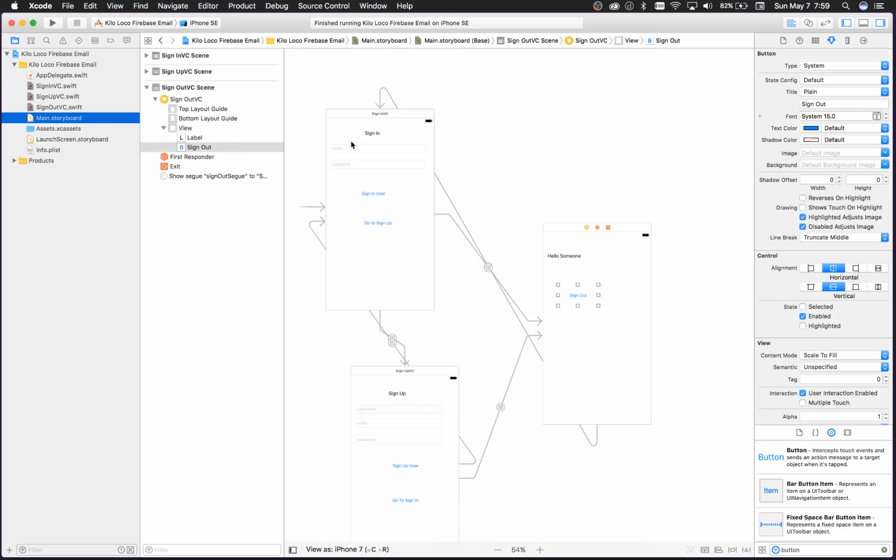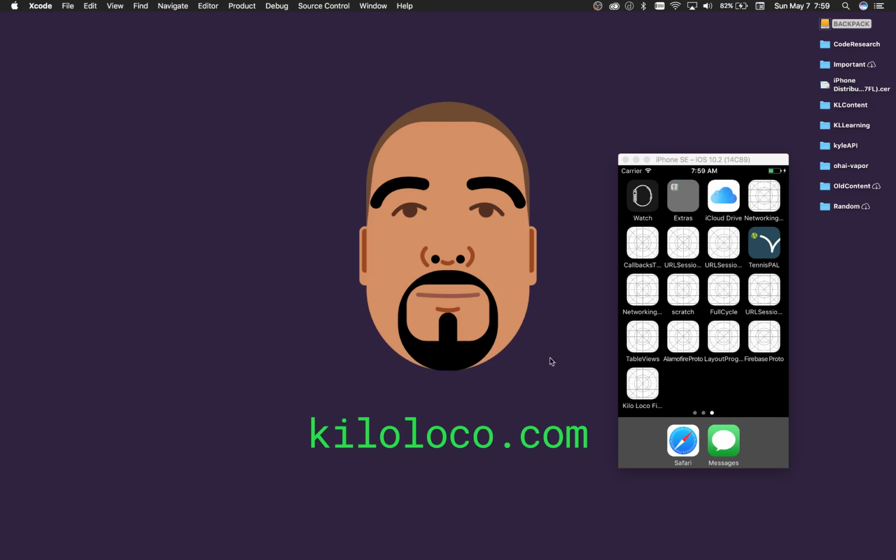get everything set up for Firebase. So I'm gonna actually close this out because we're gonna have to do CocoaPods, and we're not gonna be working in the Xcode project anymore. We're gonna be working in the Xcode workspace. So I'm gonna go ahead and close that out,